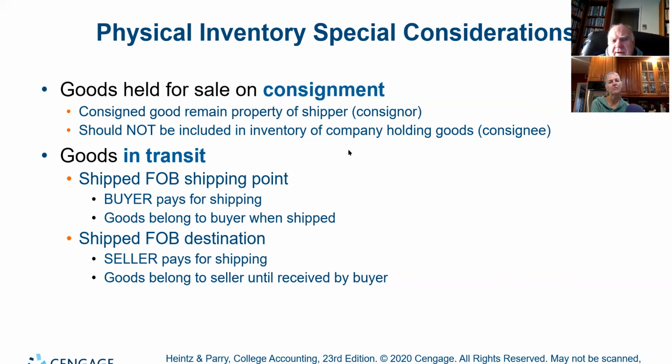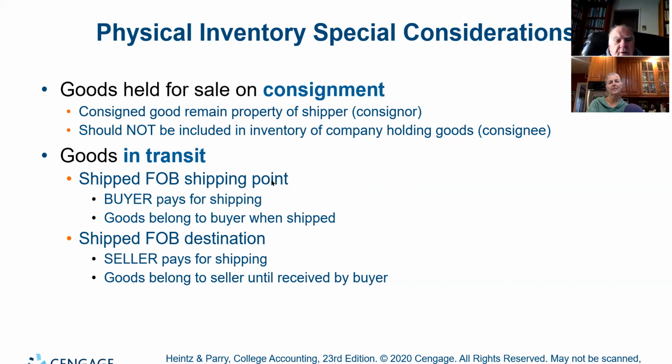So the deal is every time Macy's sells a jug of perfume, Macy's must pay Chanel for the goods. Maybe that's $50, and Macy's maybe sells it for 150. That's how they satisfy the arrangement. The consigned goods belong to the people who sent them there, the consignor. So when you're counting a physical inventory, if you're the type of company that has consigned goods outside, you've got to have somebody travel and count that stuff there, or trust the count you're getting from the store.